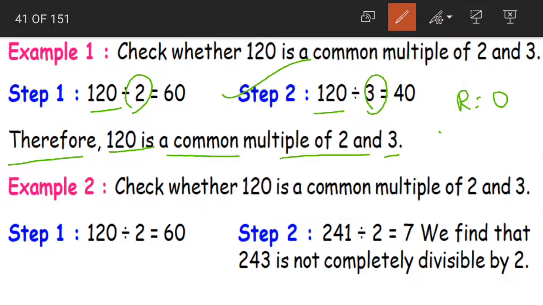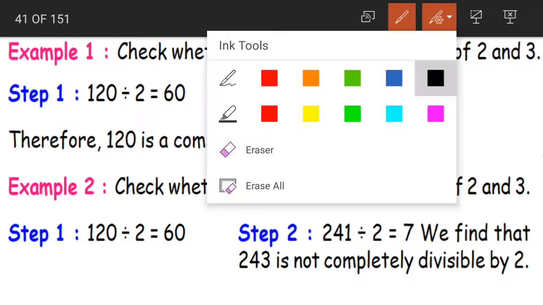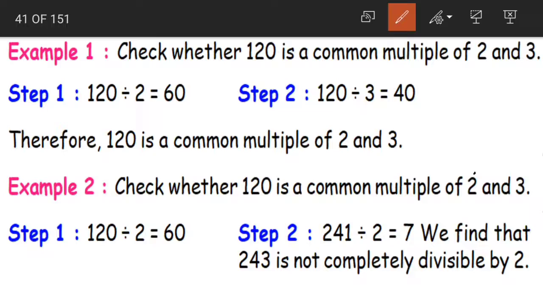You should divide the number. You should divide the given multiple by both the numbers. Okay, you should divide the given number by both the numbers 2 and 3. And if they are dividing it completely, then we can say that it is a common multiple for both the numbers. Example 2. Check whether 120